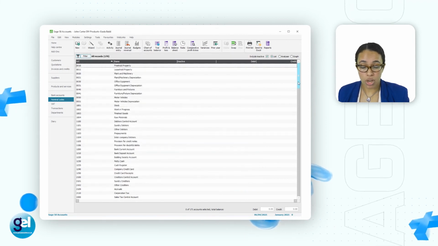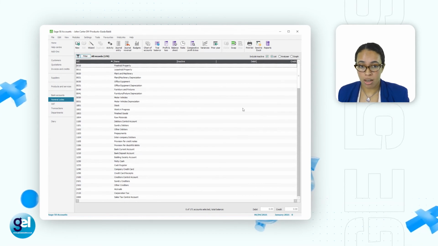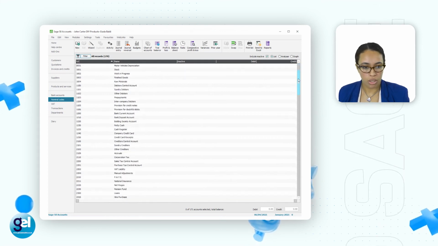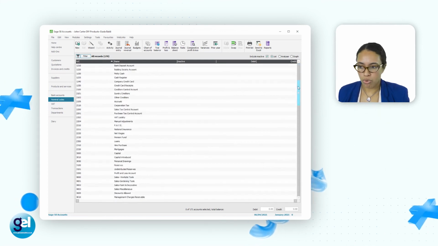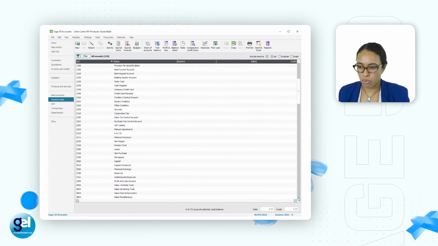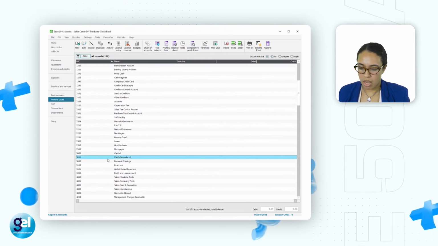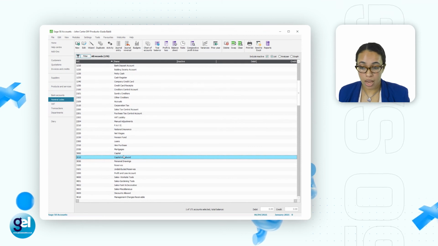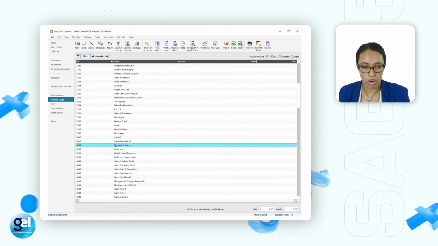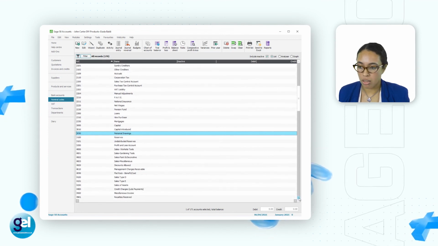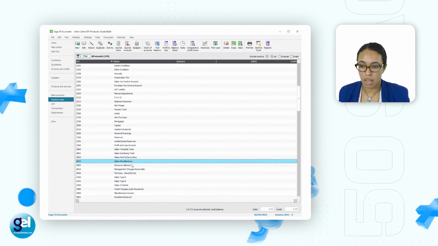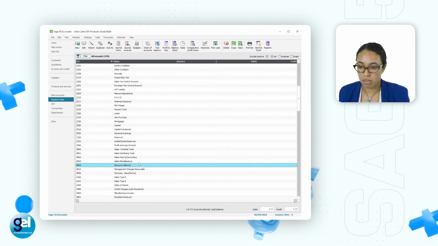And we can double check that our changes actually have been confirmed. So for instance, if we look down, we're going to look for instance, 3010. Let's look for capital introduced. Yes, introduced starts with a lowercase rather than an uppercase. Let's have a look. 3050 is personal drawings, as we've changed that. 4000, sales worksite tools, and etc. So you can clearly see that you have made your changes.